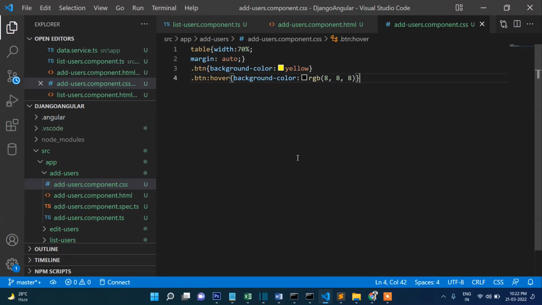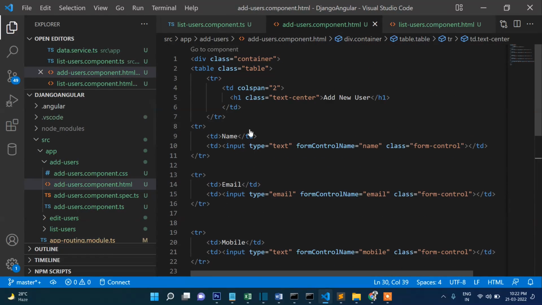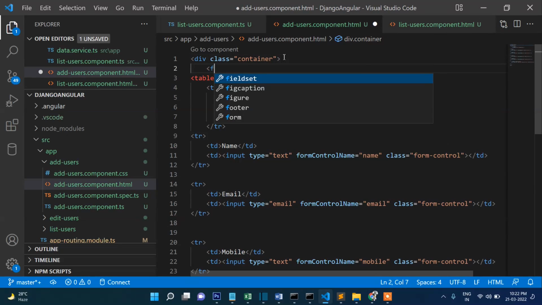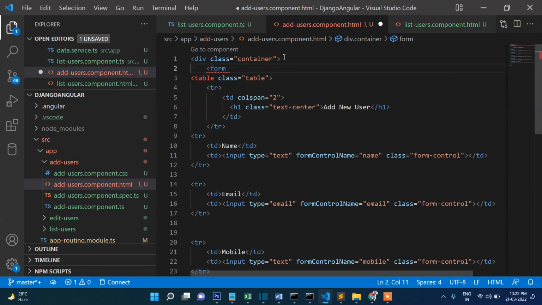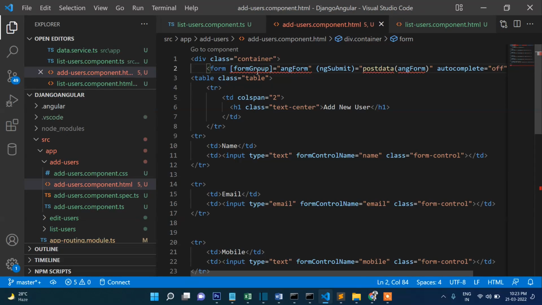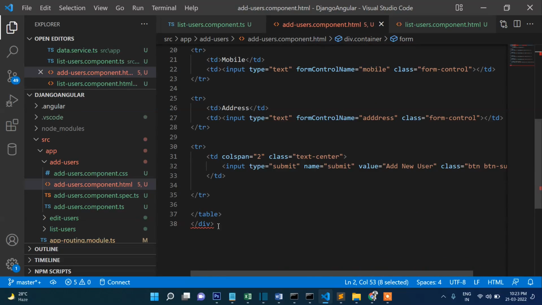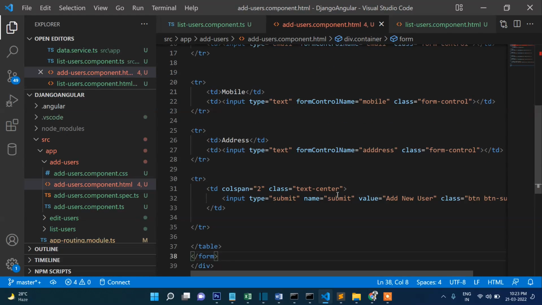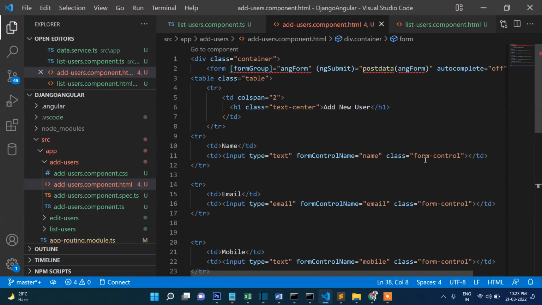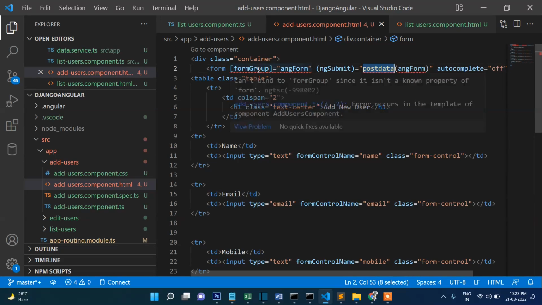For that, we need to add here form. Okay, so there will be form, then form group, and then we will create an alias called ang form, and then post data. This function we will create in this TS file, and autocomplete, that means default HTML autocomplete, will be made off. Okay, so now here form group. So when it will be submitted, then we require a function here, and yes, for this form group we need to